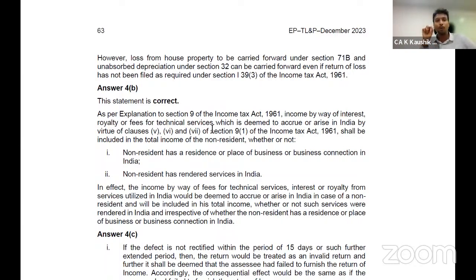Section 5, scope of total income, very clearly says that for a non-resident, it is taxable if it is deemed to accrue or arise in India. Four things: received in India, accrued in India, deemed to accrue or arise in India, and deemed to be received in India. These 4 things are taxable even for a non-resident, irrespective of whether he has a place of business in India or whether he has rendered any service or conducted any business in India. Does not matter. It becomes taxable. So that is the sum and substance of this question, and that is how you will have to structure your answer.